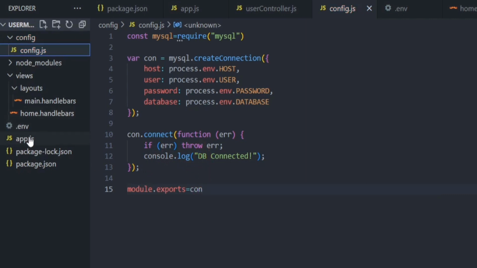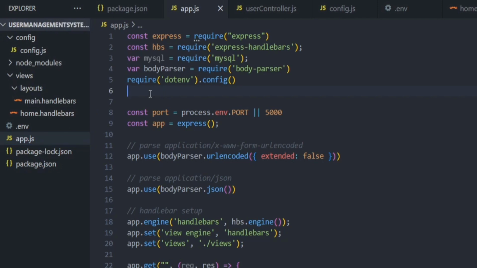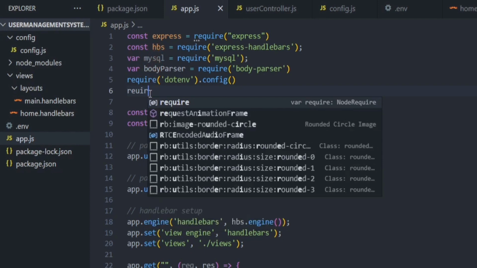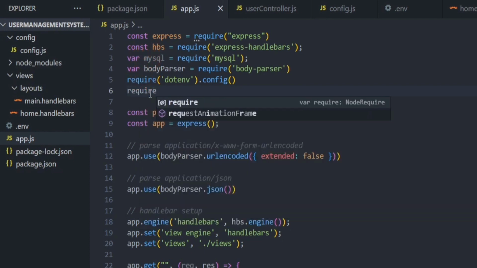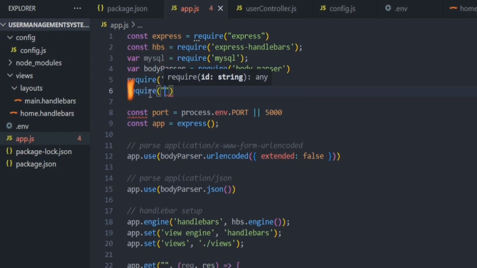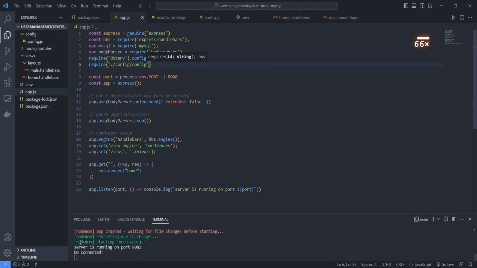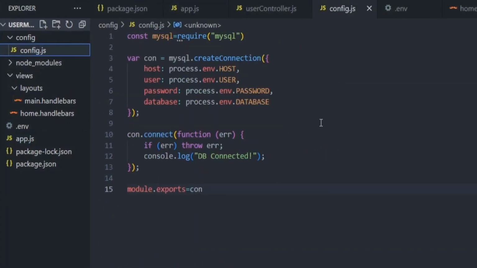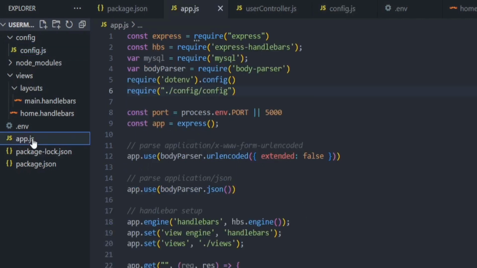and go to app.js, and here you can simply require this particular file, require config, and as you can see it is showing DB is connected. So now in this way you can create a separate file for your database connection methods, and then you can require that particular file in your main file. And now go to app.js